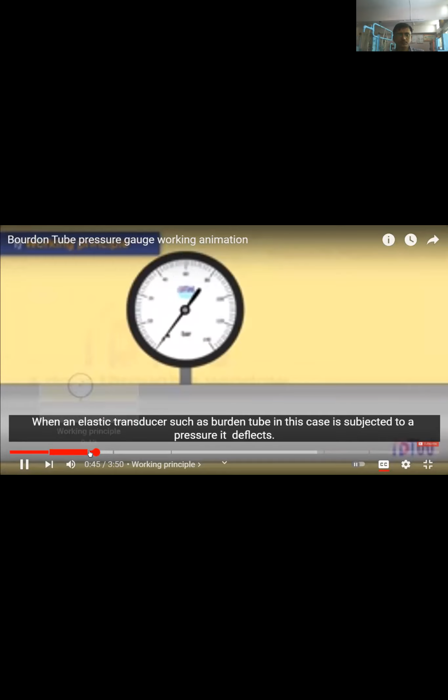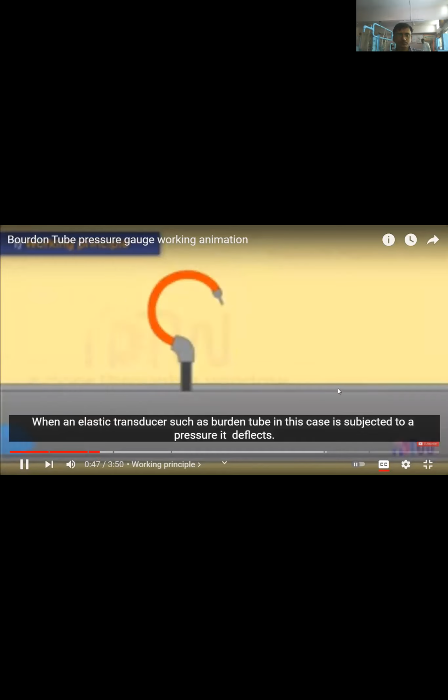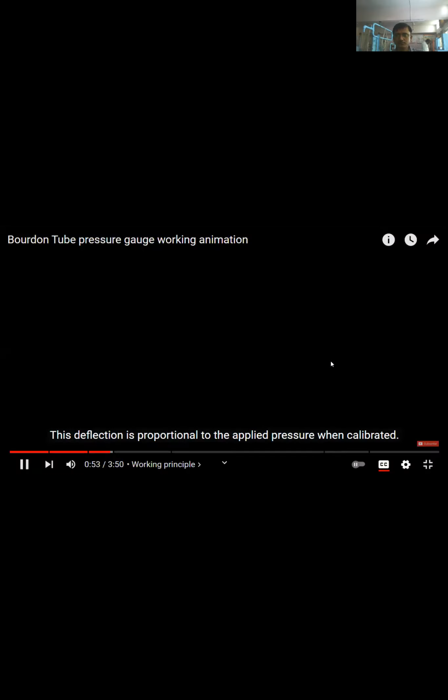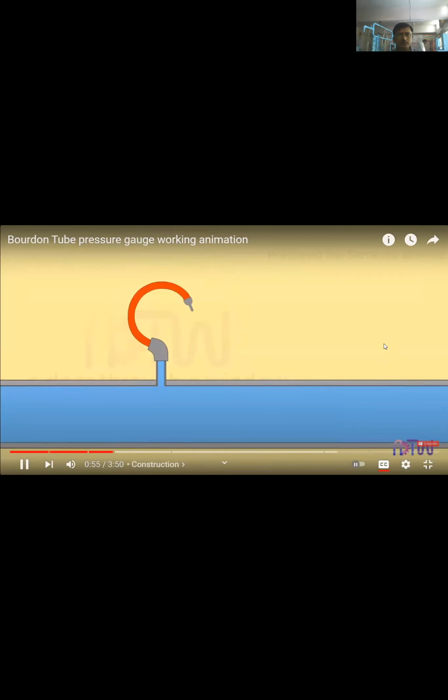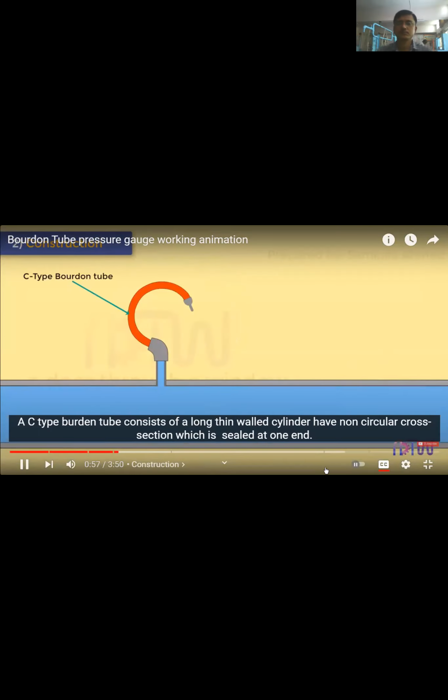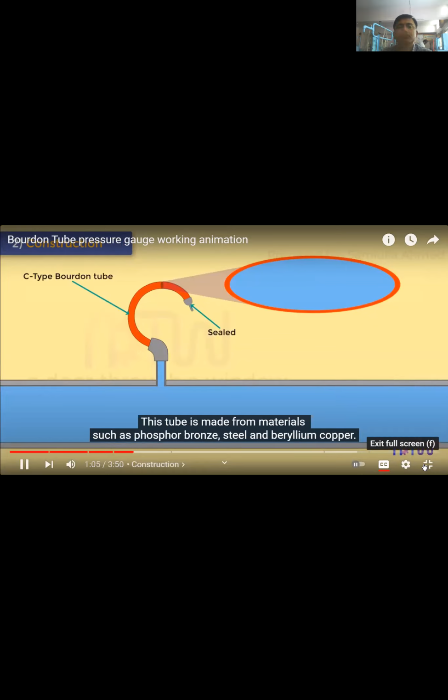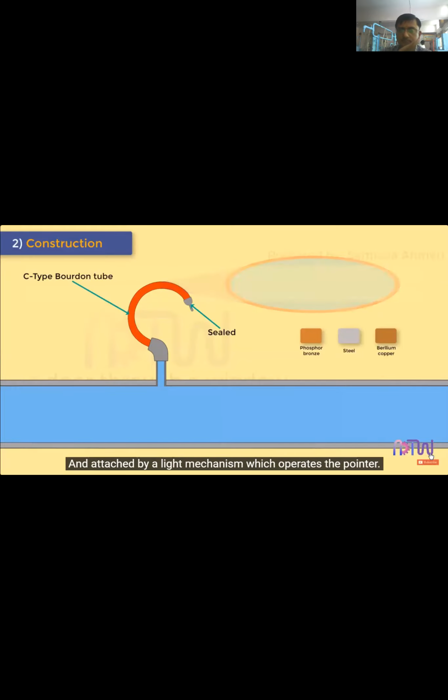When an elastic transducer, such as Bourdon tube in this case, is subjected to a pressure, it deflects. This deflection is proportional to the applied pressure when calibrated. Construction. A C-type Bourdon tube consists of a long, thin-walled cylinder of non-circular cross-section, which is sealed at one end. This tube is made from materials such as phosphor bronze, steel, and beryllium copper, and attached by a link mechanism